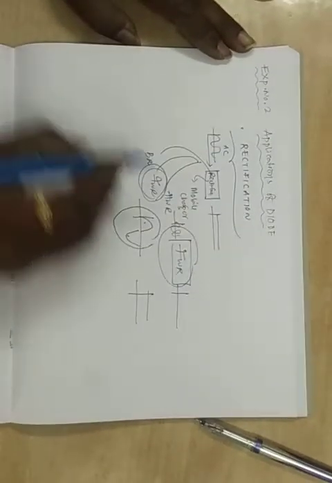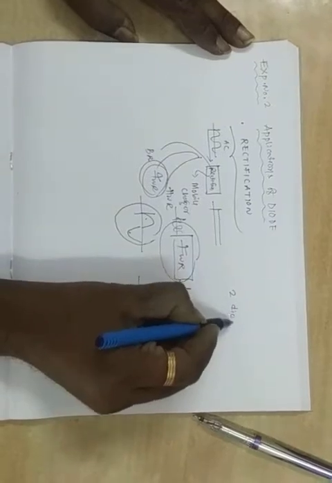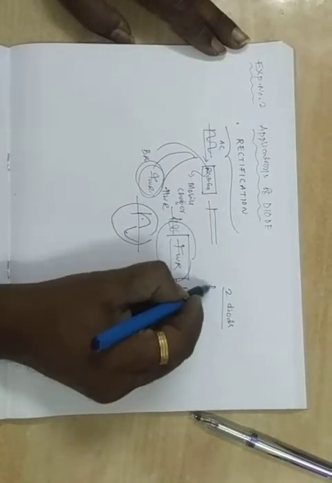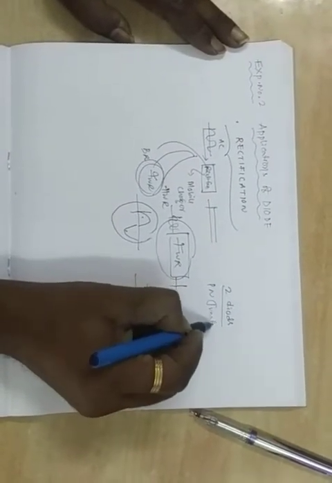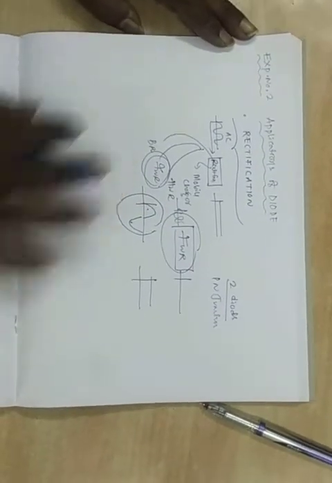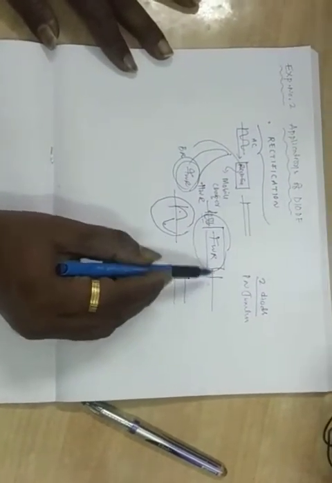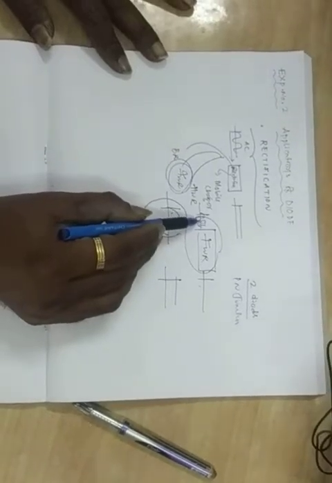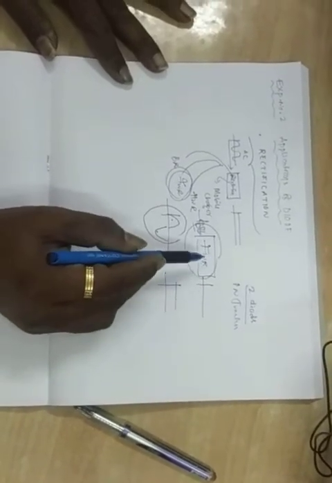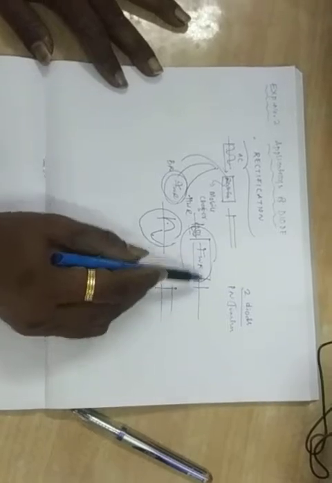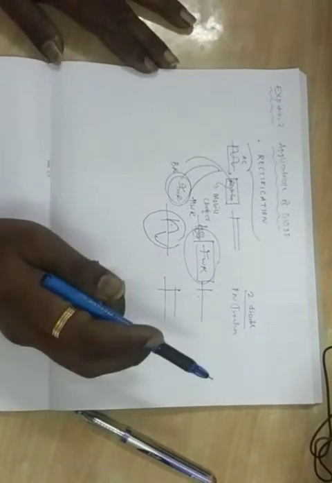In this we can make use of two diodes. Which diodes are those? PN junction diodes only. PN junction diodes we have been using. Then I am going with the circuit diagram. So here, what is the input of a rectifier? AC. Output must be a DC. AC must be the input, and after designing the proper rectifier, it has to produce DC as the output.